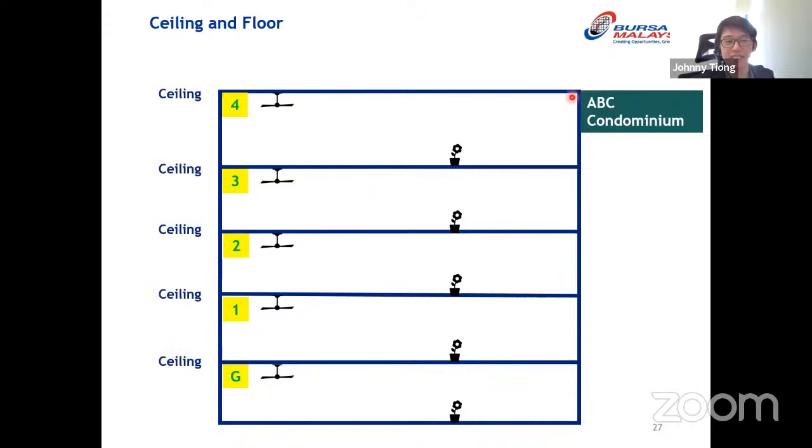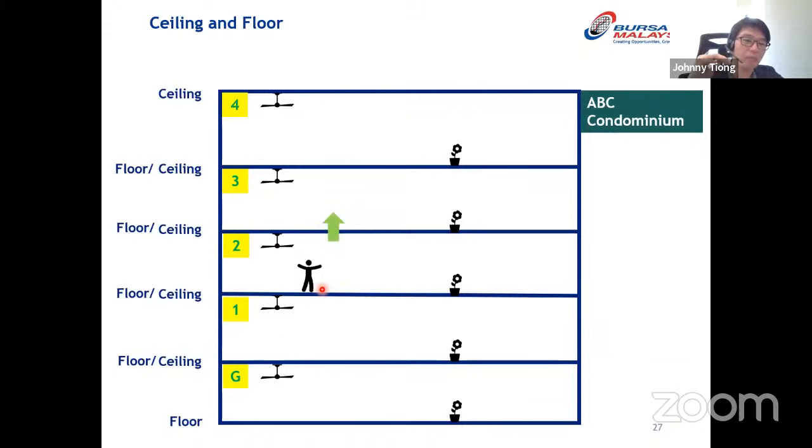So this is the ceiling. And then for level 1, 2, 3, and 4, this ceiling is level 3 ceiling, and it is level 4 floor. So for the lines here, 1, 2, 3, 4, each acts as a floor and also as a ceiling. Imagine one person here in level 2.